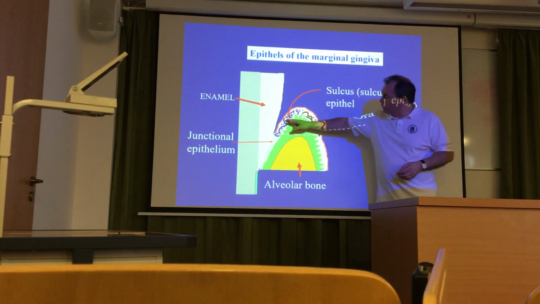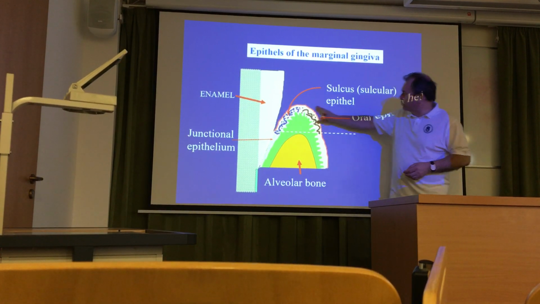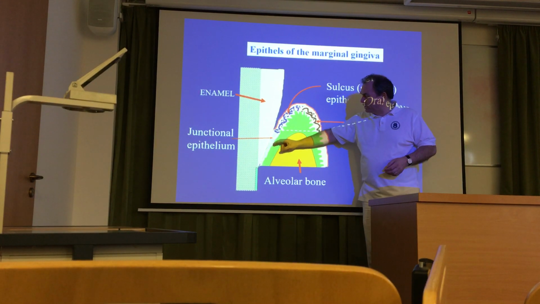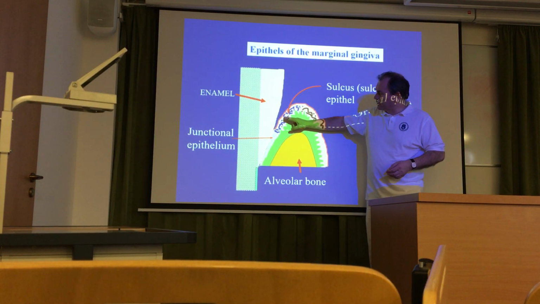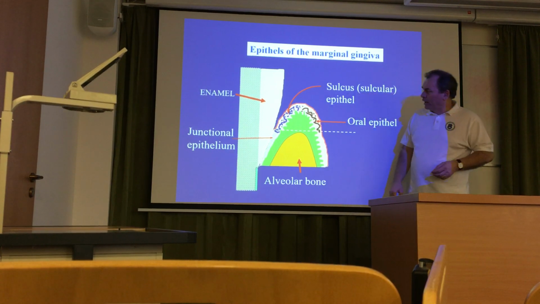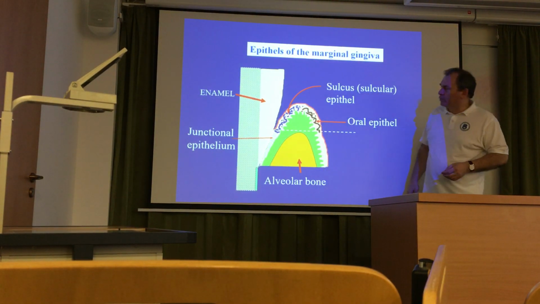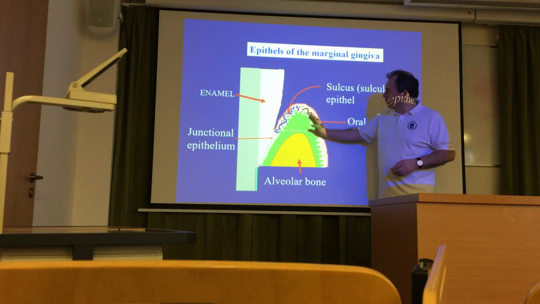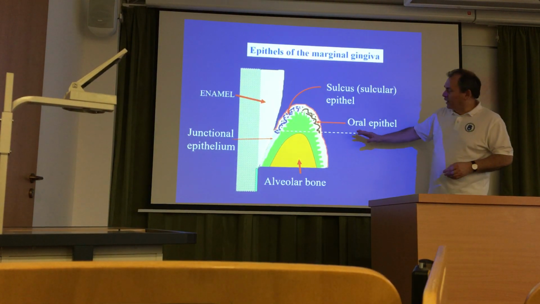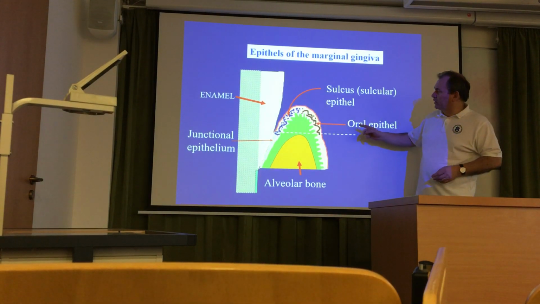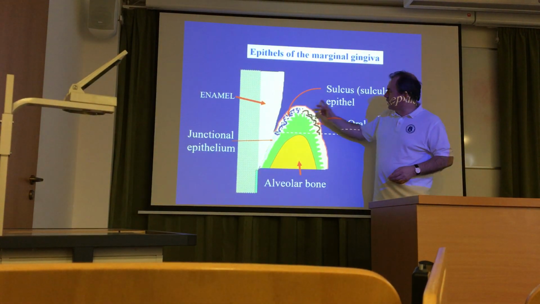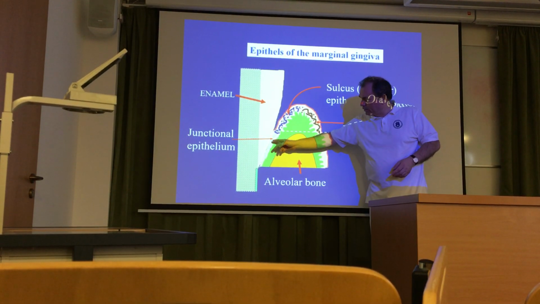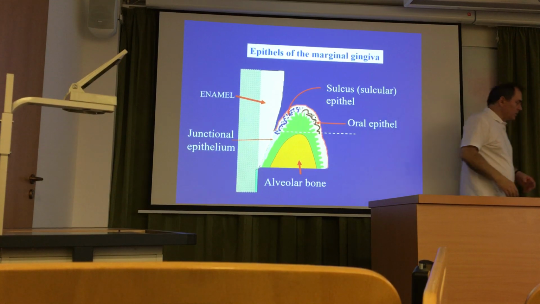And in connection with the sulcus, we have this non-keratinized epithelium. So of course this is non-keratinized flat cell epithelium. This is non-keratinized multi-layered epithelium. We have four different layers here, and we have a keratinized layer as the oral epithelium. So three different types of epithelium: oral epithelium keratinized, sulcus epithelium non-keratinized, and the junctional epithelium is flat cell